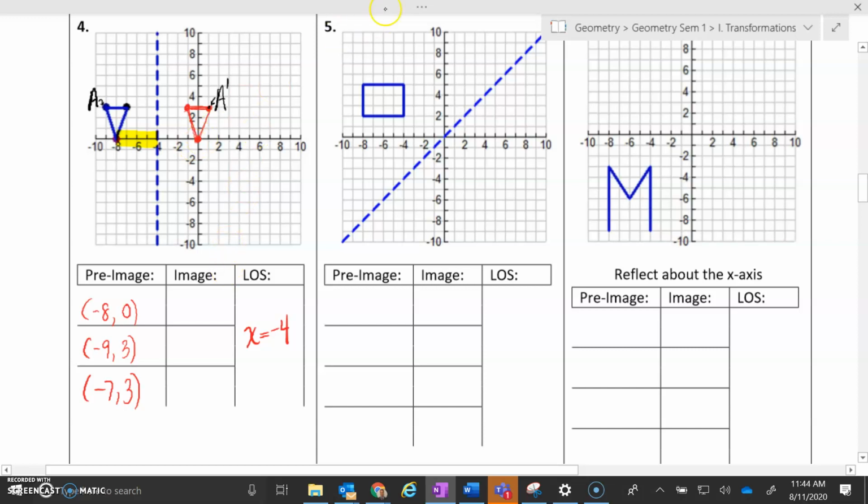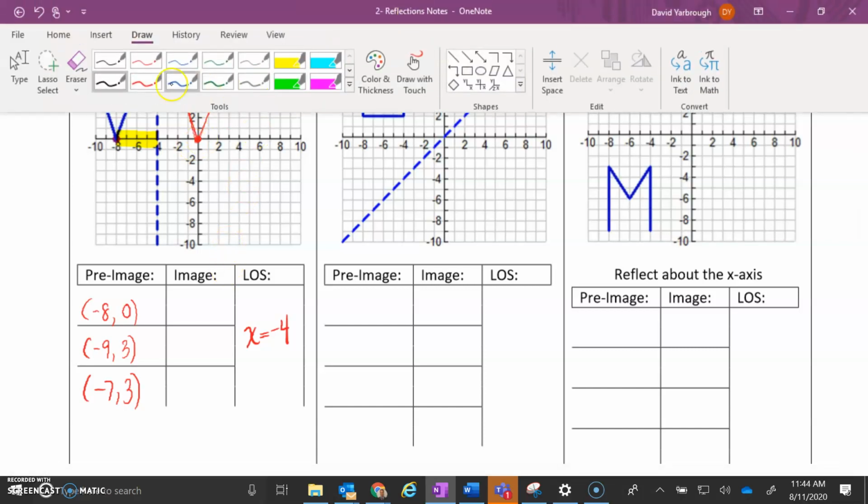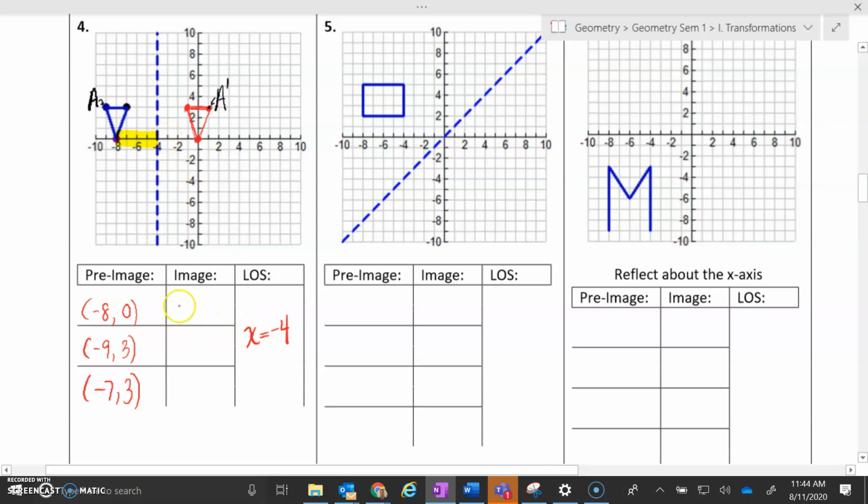So, and then what you'll do is you'll just write down the points of your image. So it looks like our points are 0, 0, the origin. It looks like the one that was at -9 came all the way over to 1, 3. And then the one at -7 came over to